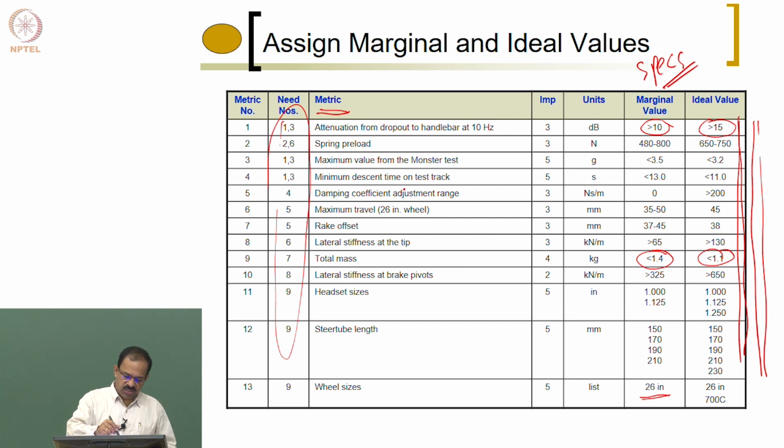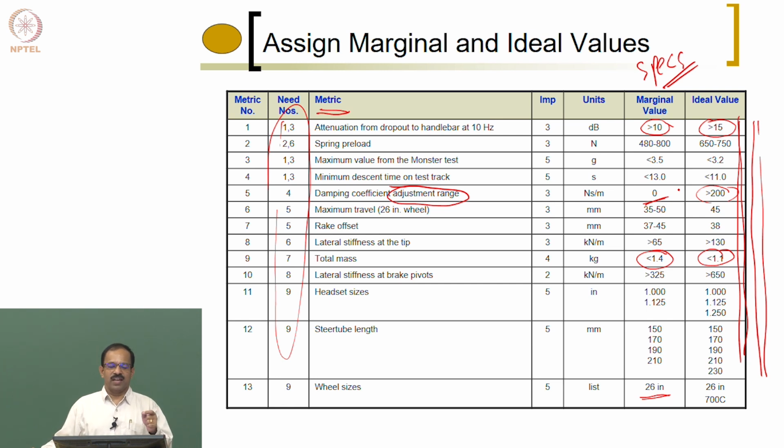This is adjustment range. It's not coefficient. So whether you can adjust the damping within the system. I mean, is it an adjustable one or a fixed damping coefficient? Okay, so you would like to have an adjustment, but even if it is not adjustable, it's also fine. Every shock absorber will have a set value already designed. Whether the customer can adjust the value or not is the question here. So if the customer can adjust, it will be good, but if the customer cannot adjust and it already meets all the requirements, that is also good.